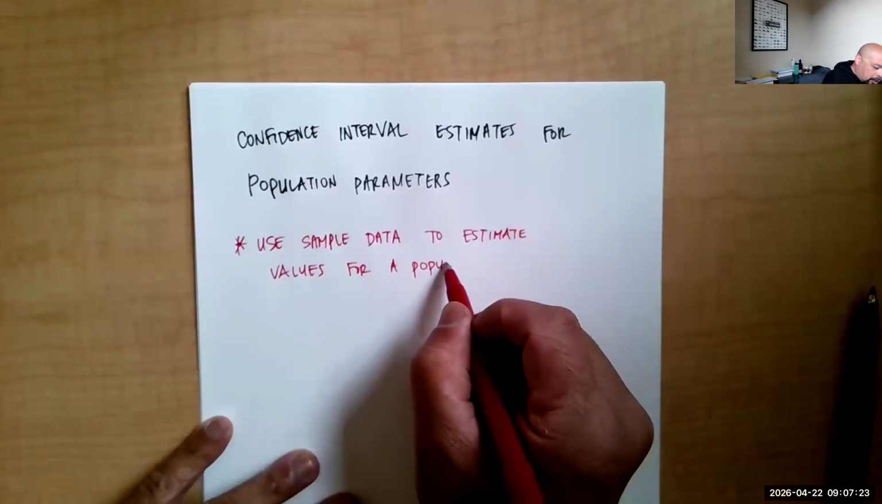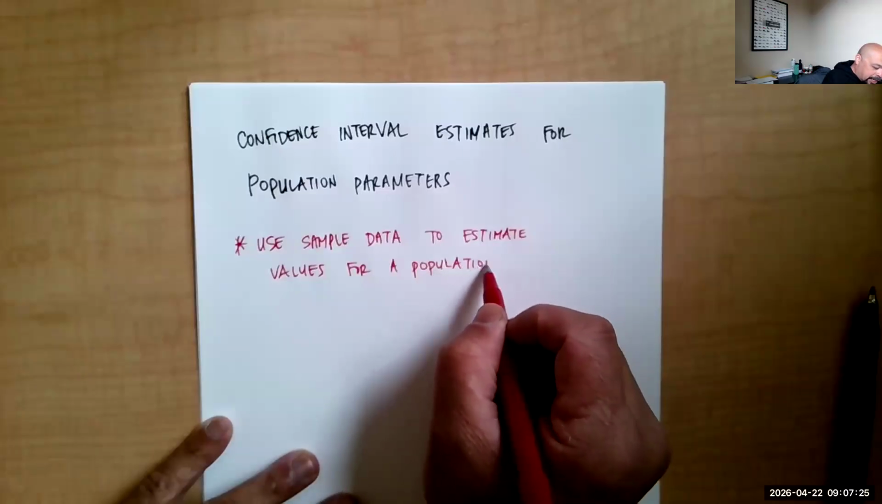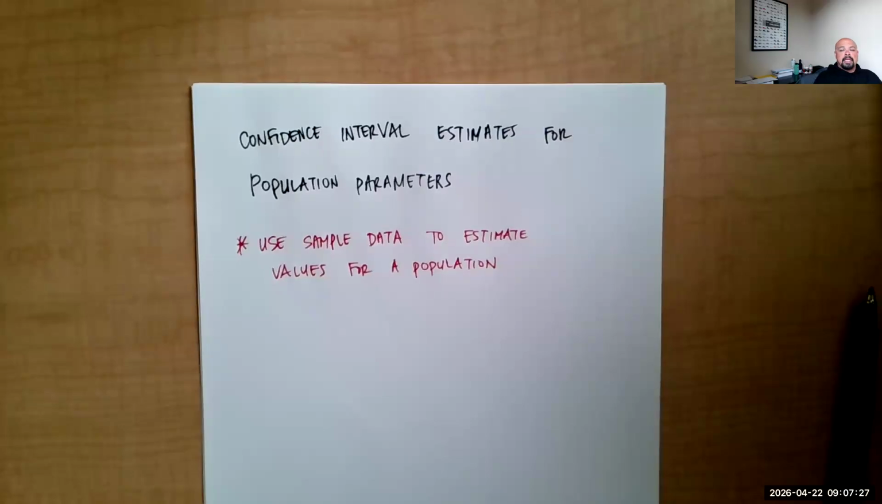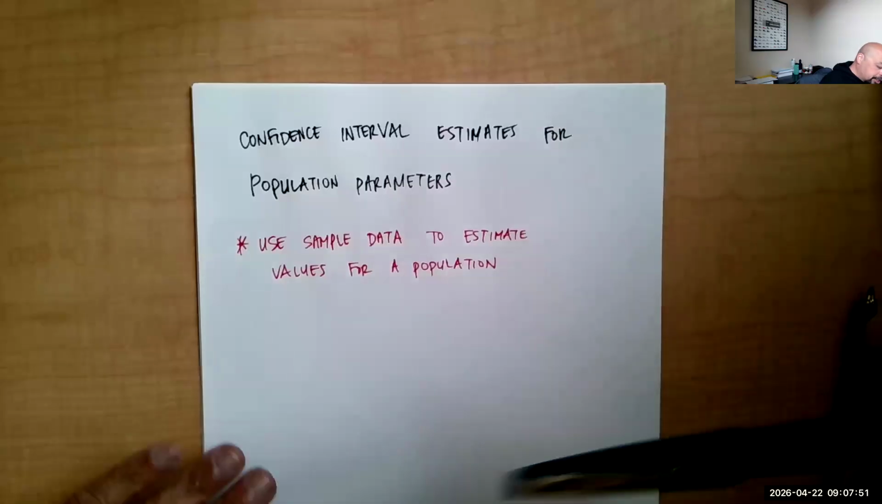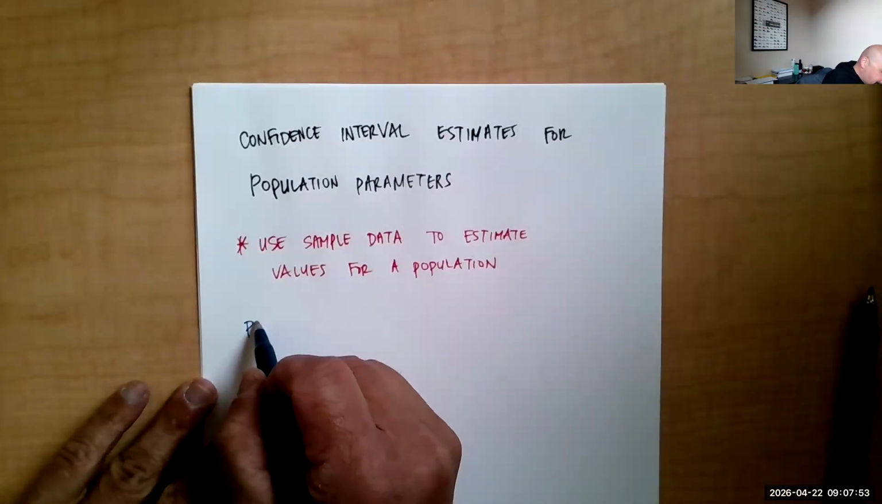Because calculating a precise value for a population, the mean, the proportion of the population that has a particular characteristic, or the standard deviation, is even more difficult. Getting all that data for a full population would be difficult. So it's more realistic that we use a sample to try to estimate and identify what's going on for that population. Okay. And so just for some terminology, remember here that a parameter,